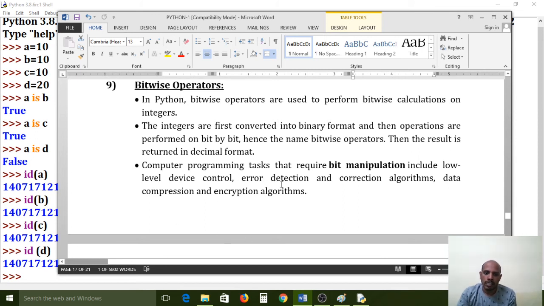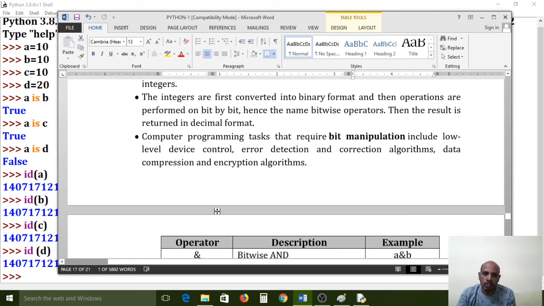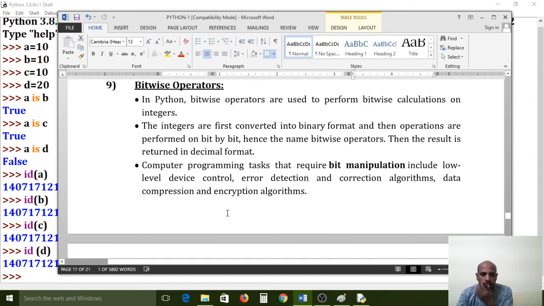Computer programming tasks that require bit manipulation include low level device control, error detection and error correction algorithms, data compression and encryption algorithms. For that purpose we can use bitwise operators.